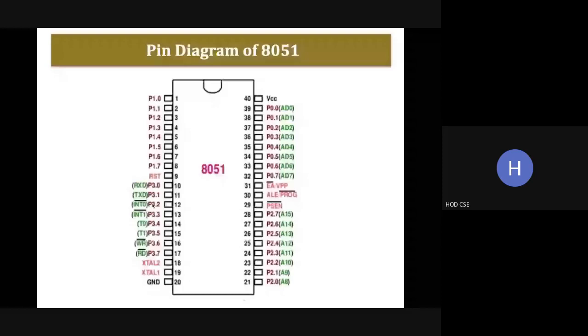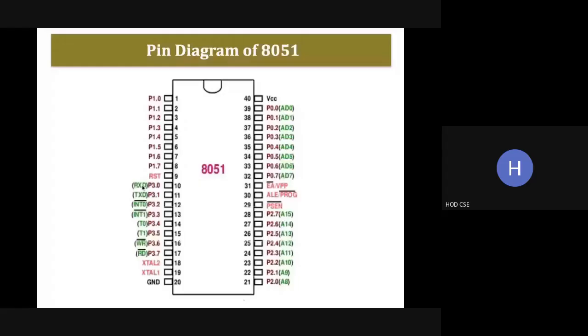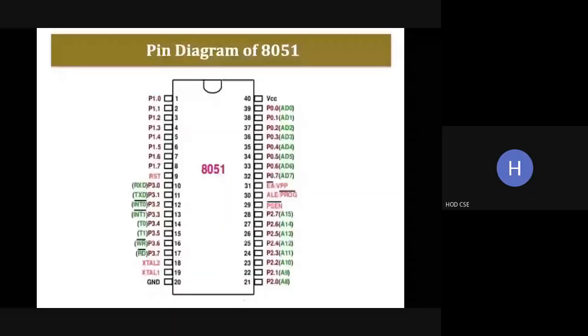So port 3 performs two functions: one is data transfer, and the other is to represent some signals. RxD is receive data, TXD is transmit data, used for serial transmission, INT0 and INT1 are interrupts, T0 and T1 are timer inputs, and we have the read and write signals. To summarize, we have four ports.